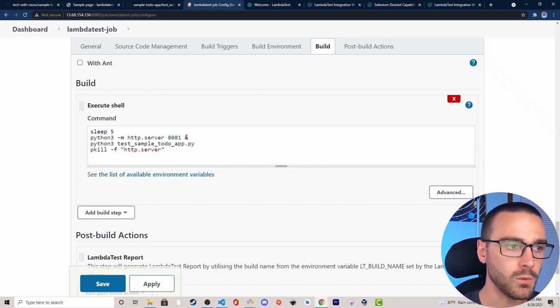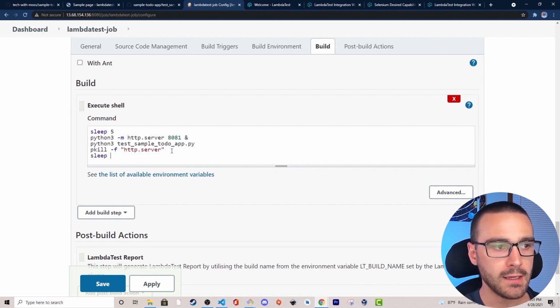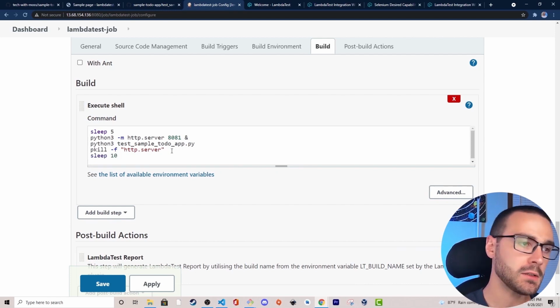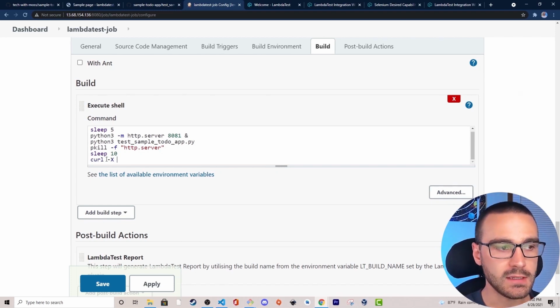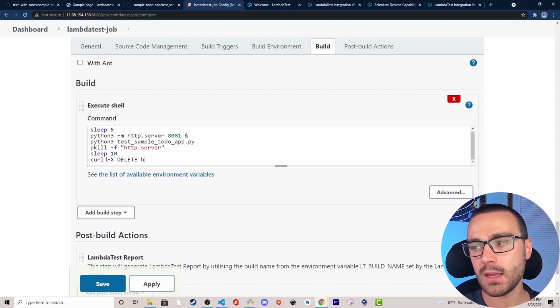And we'll put in quotes HTTP server, so that should kill the Python server. After killing the server, I'll invoke sleep again and sleep for 10 seconds before shutting down the Lambda test tunnel. And to shut down the Lambda test tunnel, I can curl an endpoint, the info API port endpoint, with the delete method, and then